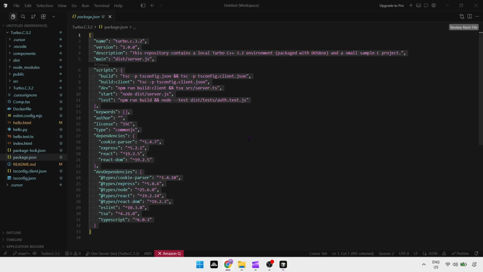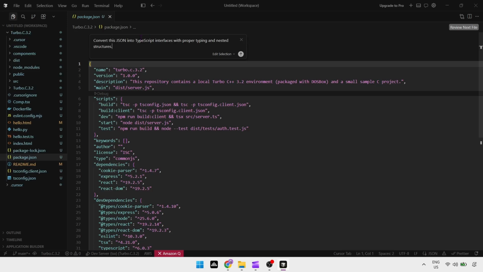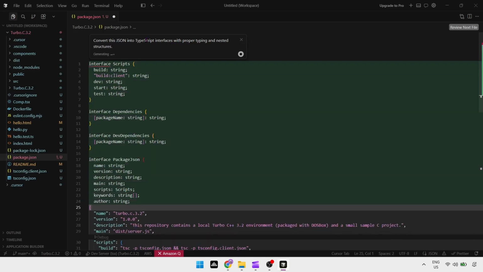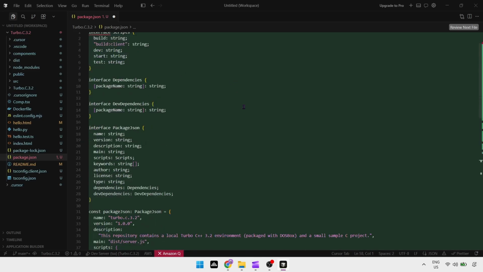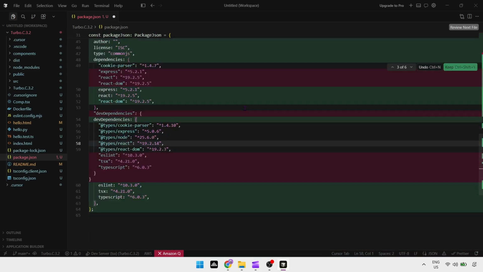Next, highlight the JSON and open the AI command panel using CMD+K or Control+K. Then type a prompt like, "Convert this JSON into TypeScript interfaces with proper typing and nested structures." Cursor will instantly analyze the JSON structure and generate clean TypeScript interfaces, including nested objects, arrays, and optional fields when